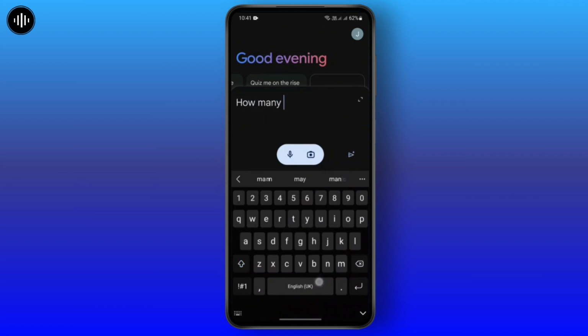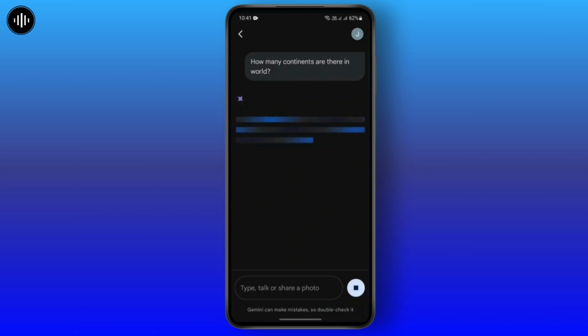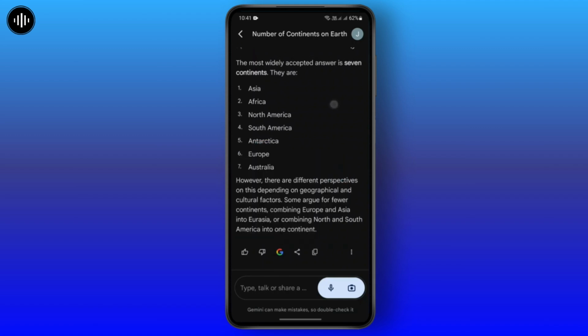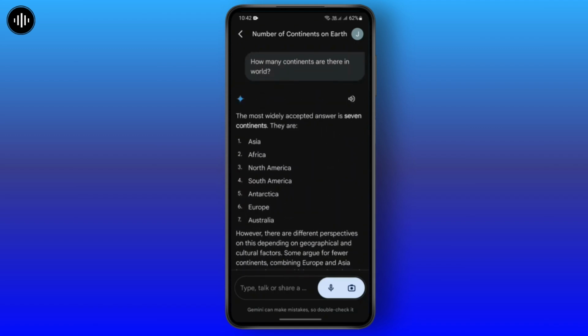Let's say I will type, how many continents are there in the world, and send it. And here, after a few seconds, it gives me all of the answers in a brief way. So in that way, you can ask anything, and you may also listen to it in audio version